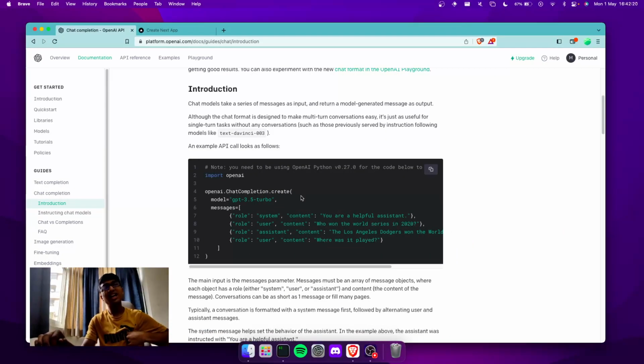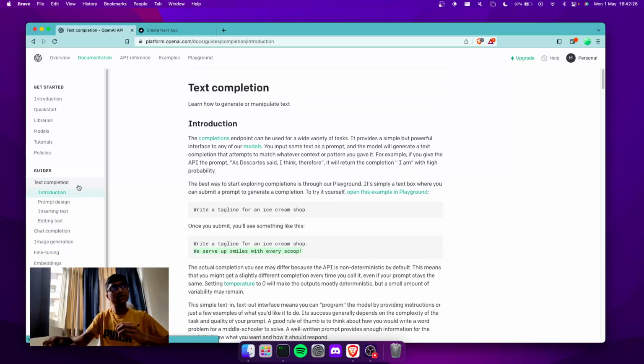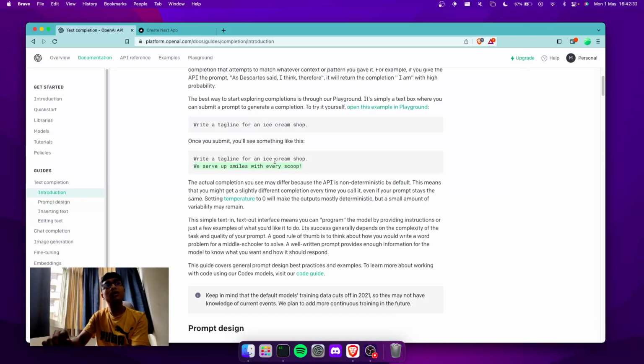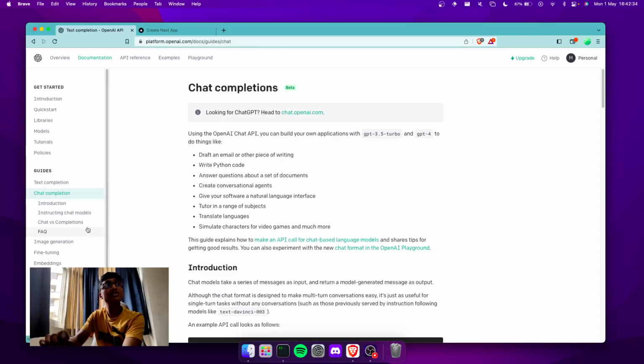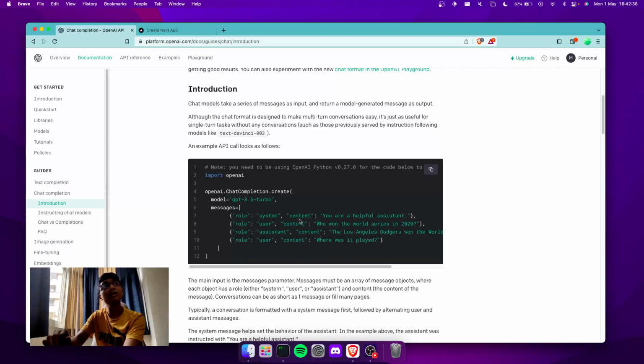This is actually the chat completion, which is the model used behind ChatGPT. It's not the text completion. Text completion is basically where we write something and it serves as a text completion. It's a little more expensive than chat completion. We are using chat completion, which is used by ChatGPT here, and the messages are sent as well, with this role